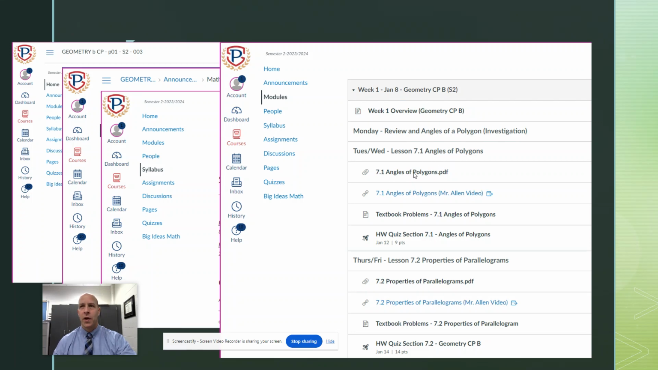I've got my notes already linked here. Now, students cannot access those until after the class. It will release at that point. I've got a video posted of me explaining the content. Here are textbook problems. So what will happen is in class, I'll do a fairly traditional lesson typically, and then